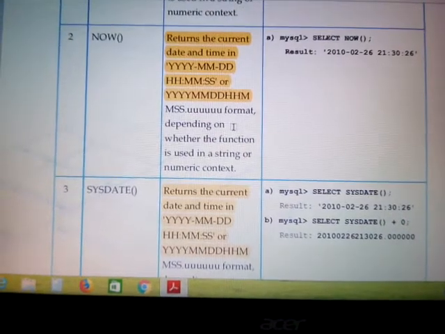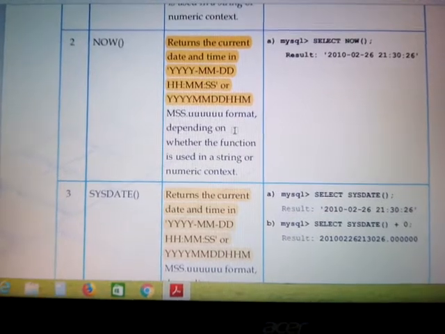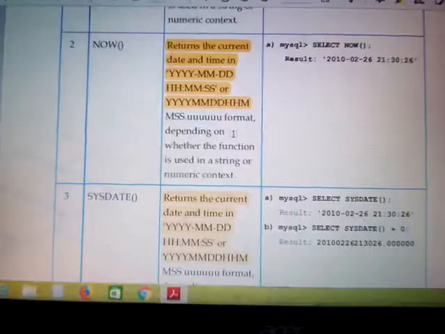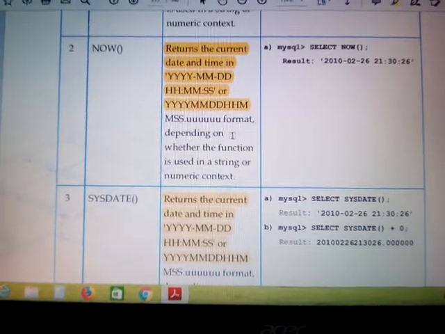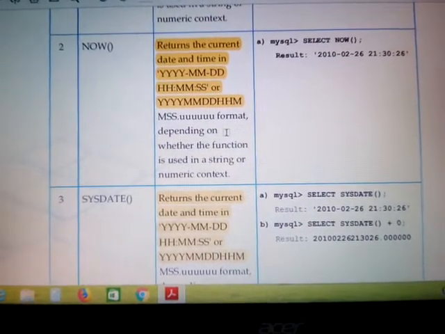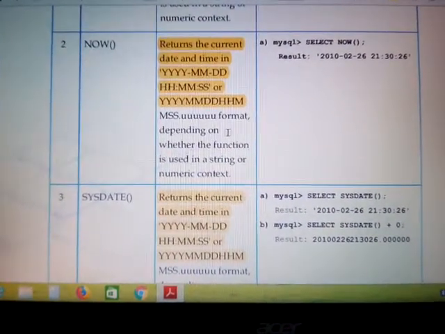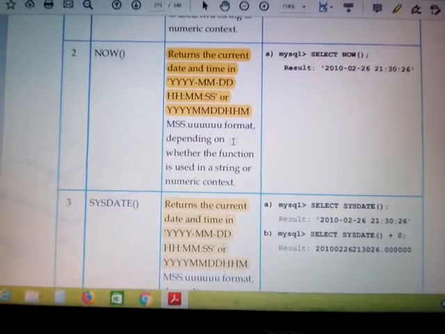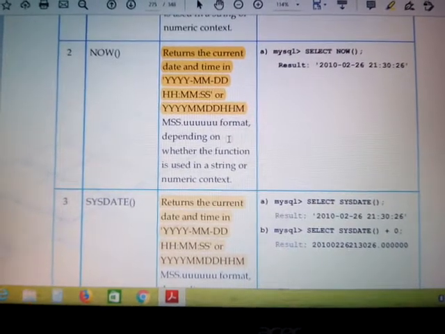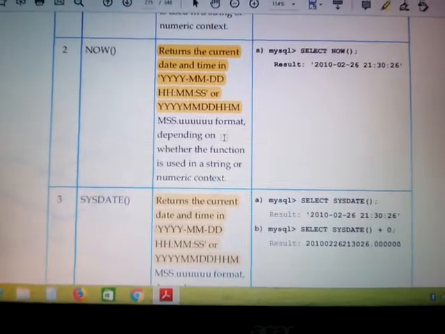This is the time at which we began the statement. Now I have written the SYSDATE function. SYSDATE will tell you the exact time just after writing this statement. Just imagine that right now the time is 9:30 and 5 seconds. SYSDATE will tell you the current time is 9:30 and 05 seconds. So this is the difference between these two.